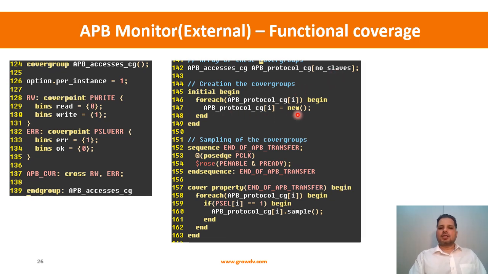We created the instance of that particular cover group by doing the new, and then we have declared a sequence which indicates the end of APB transfer, which is the rows of enable and pre-ready. And on this particular sequence, we are using that sequence to sample the cover group. So we are saying cover property, and in the action block we are calling the sample function for the cover groups. For each of the cover groups we are calling the sample function, and this is a very important point,